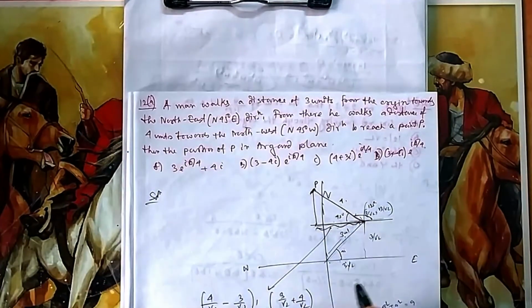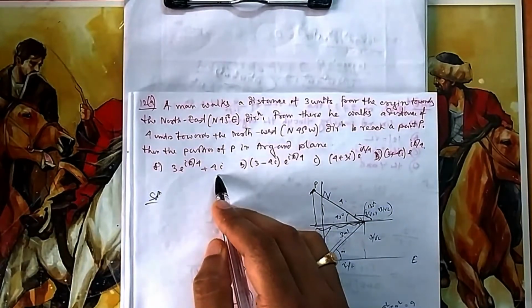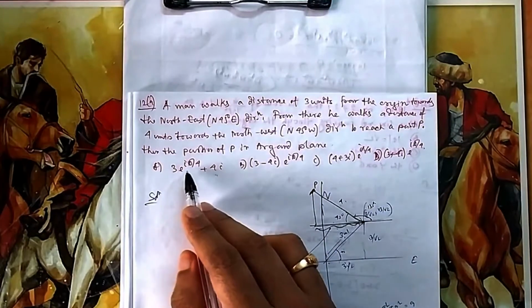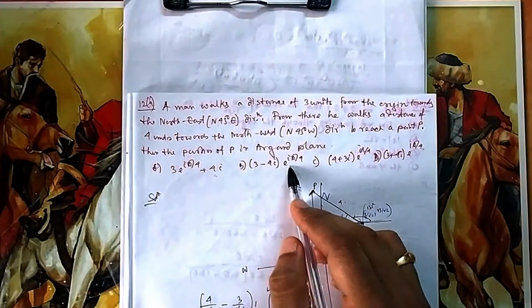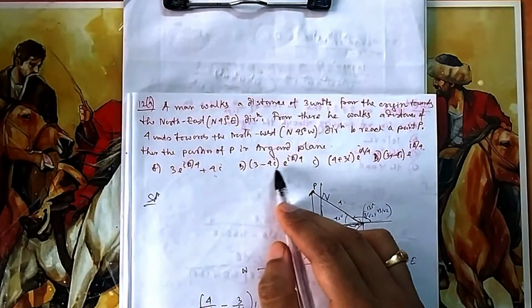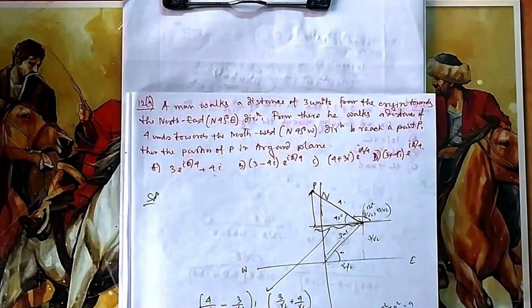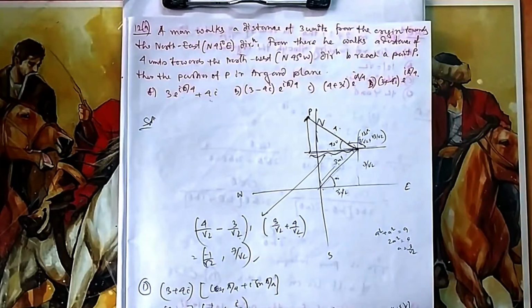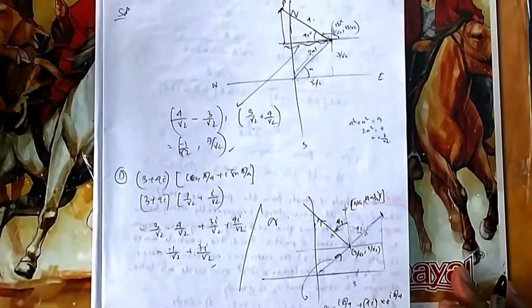Obviously the first one will not give you, because it is 7 by root 2, it is not coming 7 by root 2 i, because 4i is coming, and it is 3 by root 2 plus 3 by root 2 i. So this one will be again 4 by root 2 minus 3 by root 2 minus 4 by root 2. So if you check this way, if you go to option D, then you will find, if you multiply this one, you will get this is the answer. Or you can do it a number of ways also.